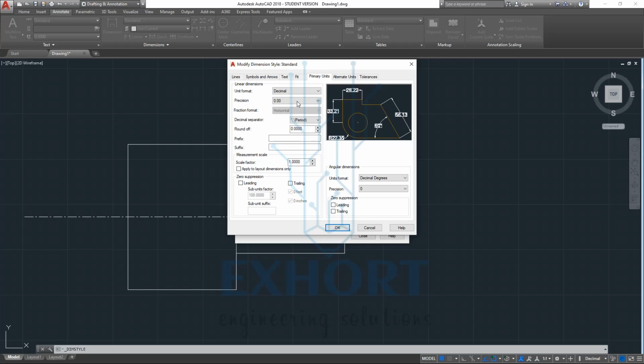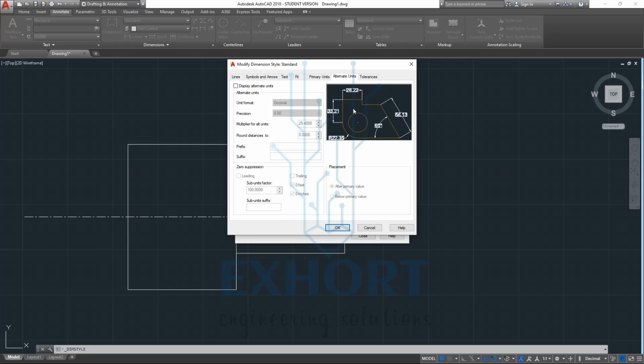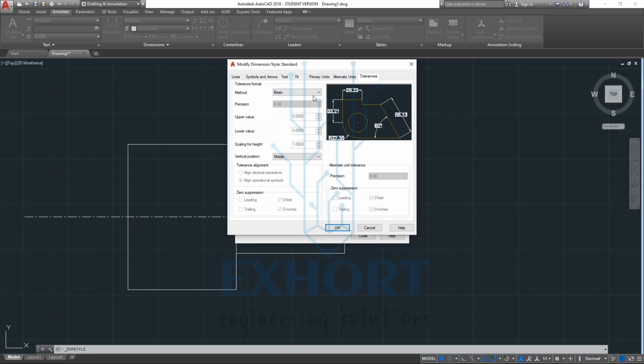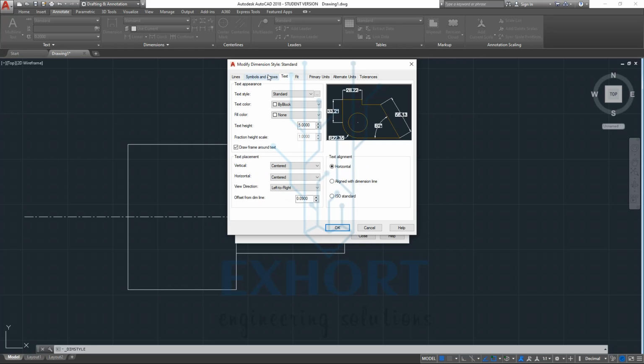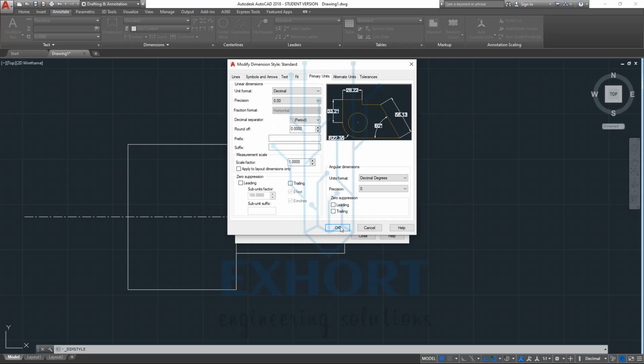Likewise we can choose the unit format. We have chosen decimal. From here we can give alternate units if we need, and tolerances if our geometry or diagram needs them. After doing this, for all the text, symbol and primary units, select OK.